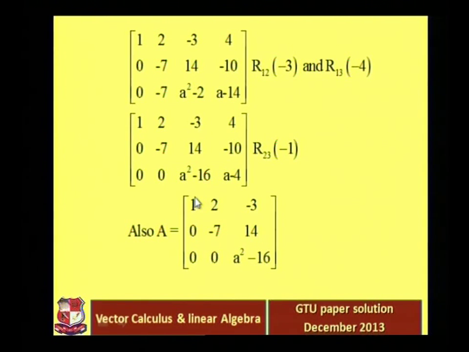Now the question is for which values of a the given system of equations has no solution, exactly one solution, and infinitely many solutions. Try to understand. See, this is a square minus 16. Suppose a square minus 16 is equal to 0 and a minus 4 is not equal to 0. Then the equation is 0 into x plus 0 into y plus 0 into z equal to a non-zero element. That is not possible. So the condition is